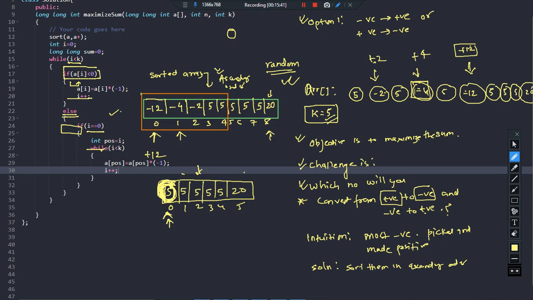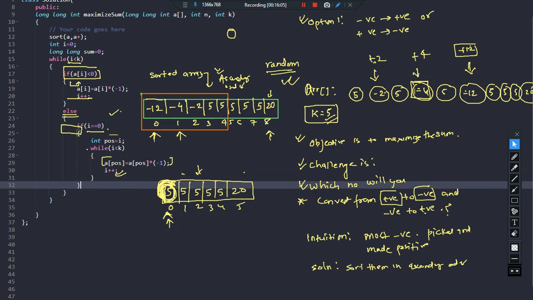That is why I am saying, while I less than k, if I is equal to 0, note the position I, and until you have exhausted your chances, put all the changes only on this element POS itself, on this same element, because it is the smallest element. So I'll do all the operations here only, and meanwhile increment I++. Done. That is for this if part.